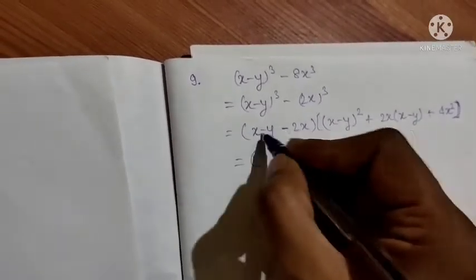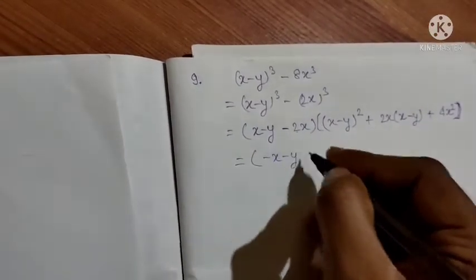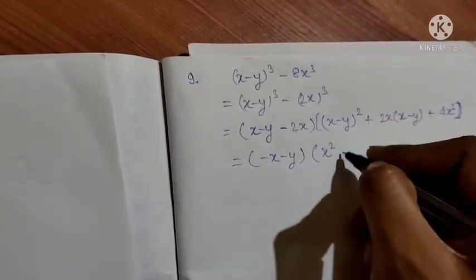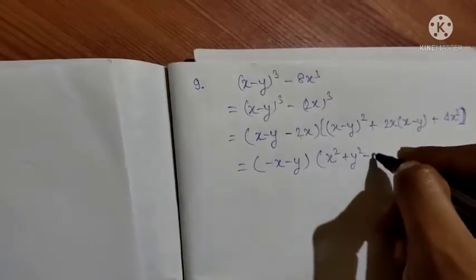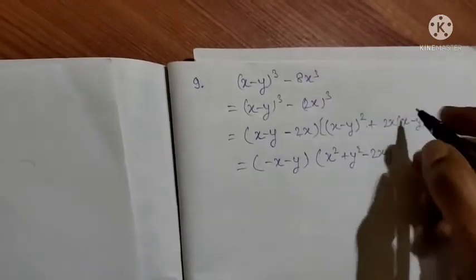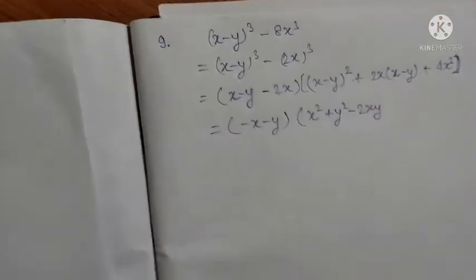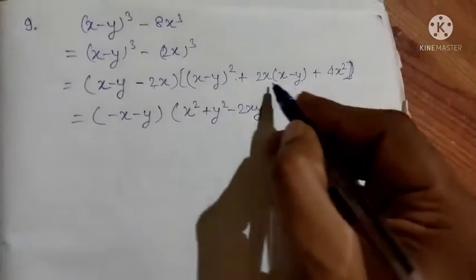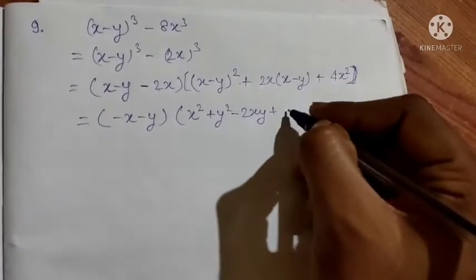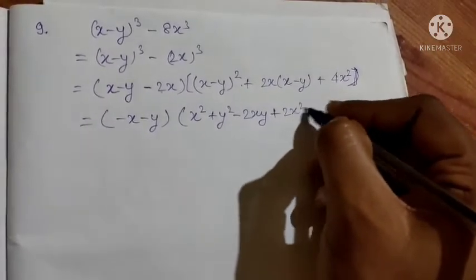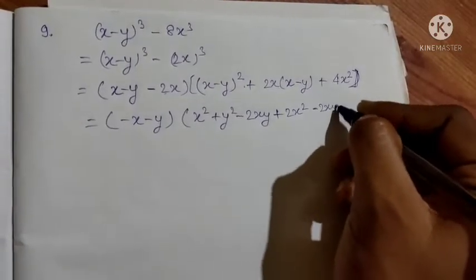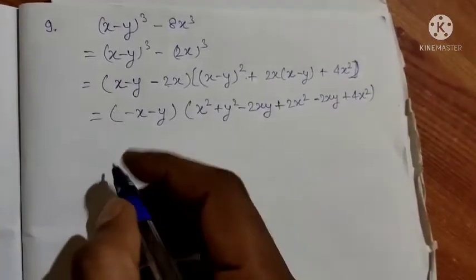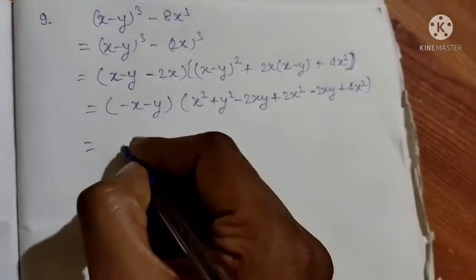Is equal to x minus 2x become minus x minus y, and it is by expanding this x square plus y square minus 2xy. Now we are going to expand this, so it will be plus 2x square minus 2xy plus 4x square is equal to,